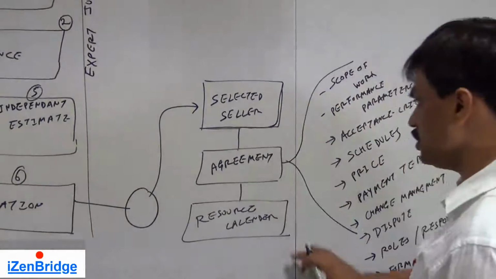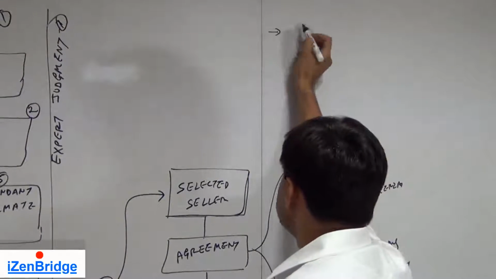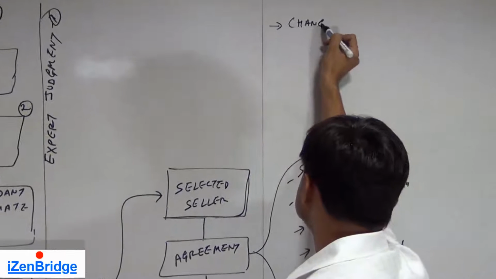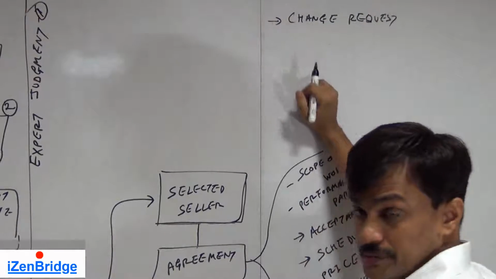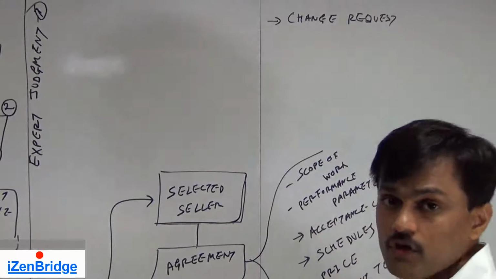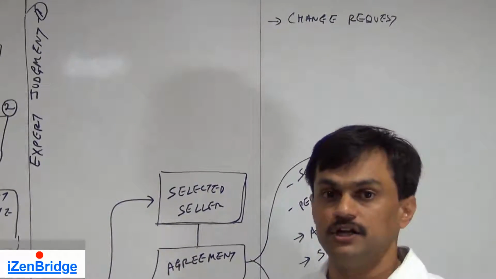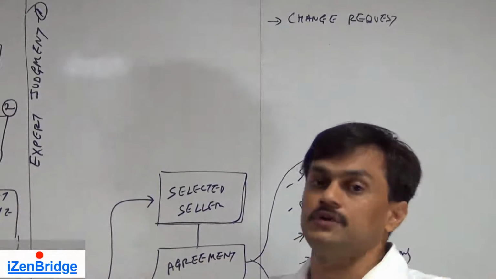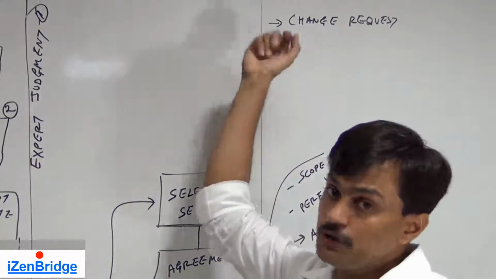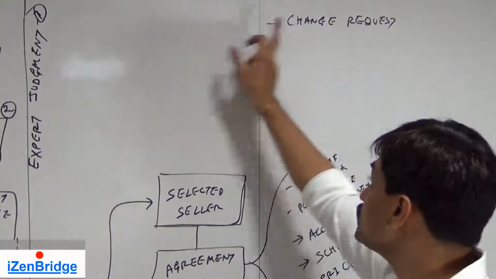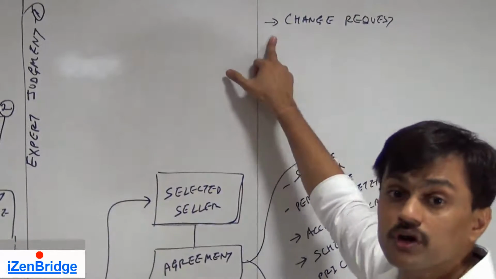Now, along with these three outputs, other outputs could be a change request, because while conducting procurement, you may identify that for this particular statement of work, we cannot procure from outside. It is no more feasible. Nobody is responding to it, or nobody has the visibility or capability of doing it. So we may need to do it ourselves. That results into a change request. So there could be various things which can trigger a change request.